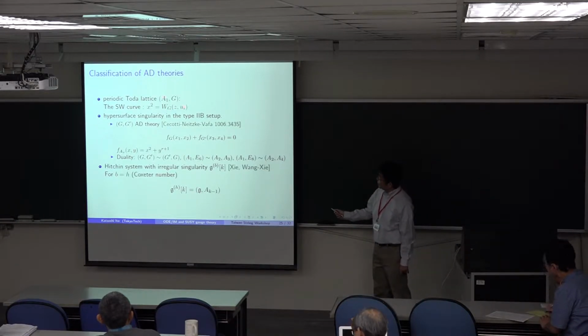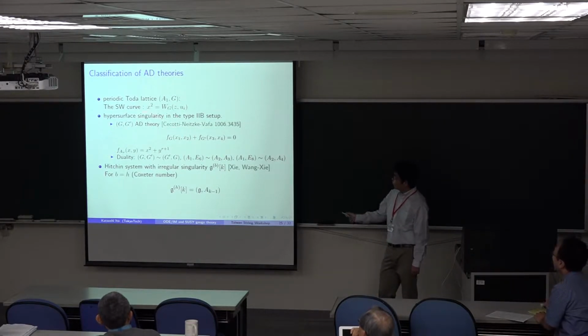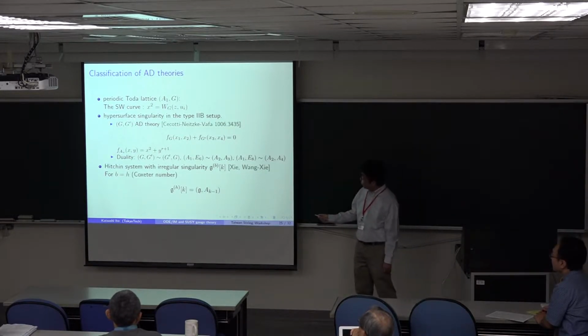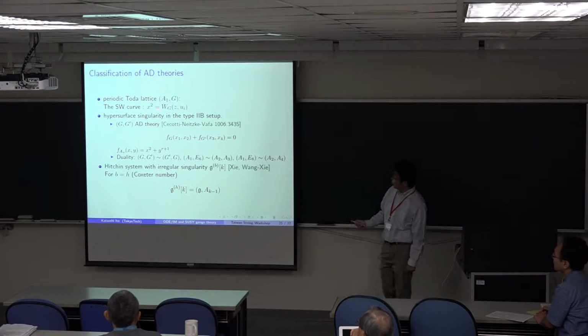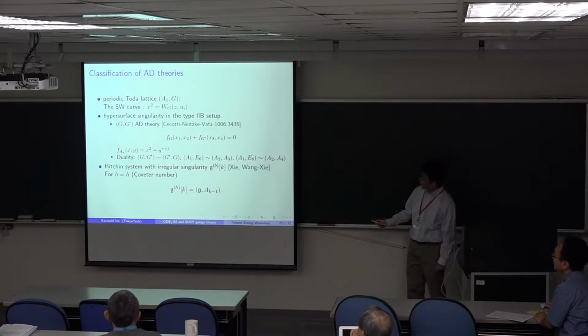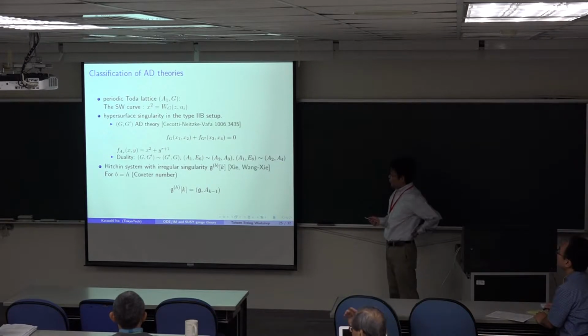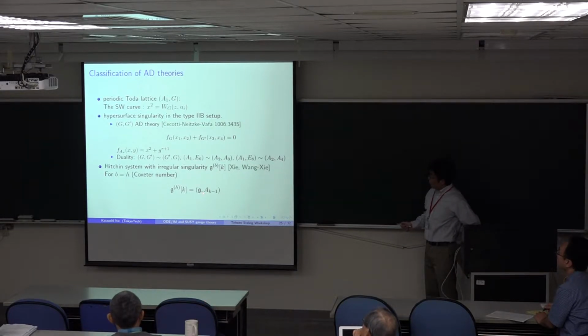So in the periodic lattice it corresponds to the A1, G type, but it can be generalized to G and G prime. So we have some sort of duality between G and G prime, reshuffling the polynomial. G, G prime is equivalent to G prime, G, and the other non-trivial duality is to B. Another classification of this Argyres-Douglas theory is the approach based on a Hitchin system with some sort of irregular singularity. In that context, G prime is related to that.